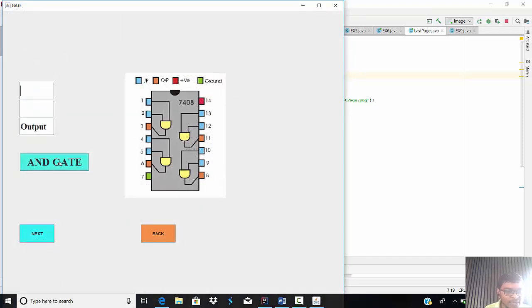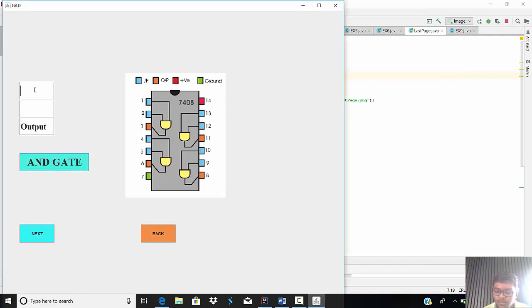So on first click, the user has not input any kind of data, so it gives me a pop-up: enter correct data. I enter data A, or any kind of wrong data, then click, and it gives me an error: enter correct data.